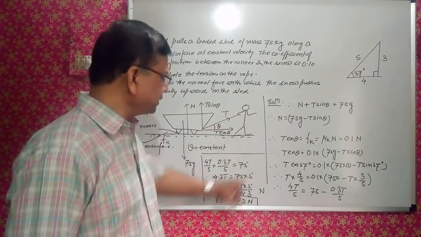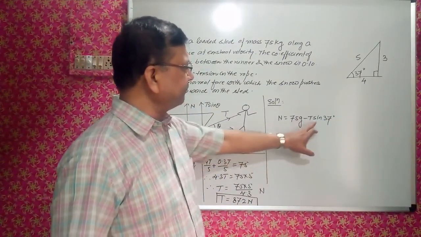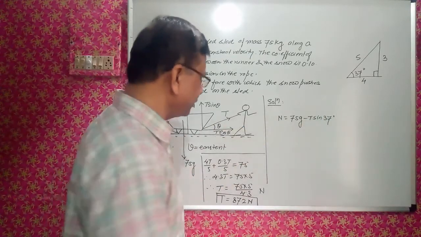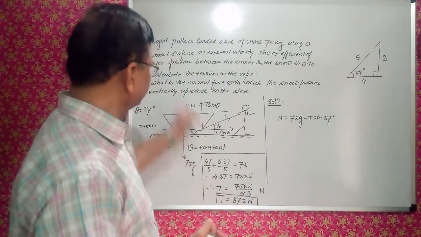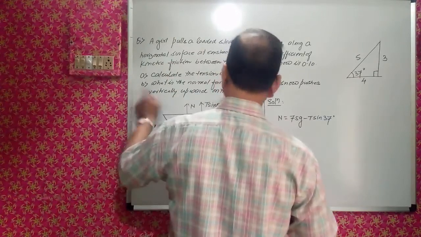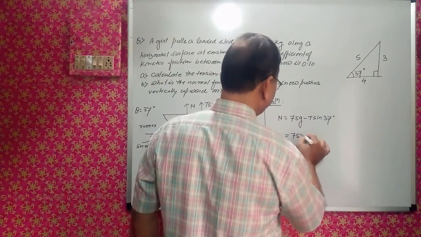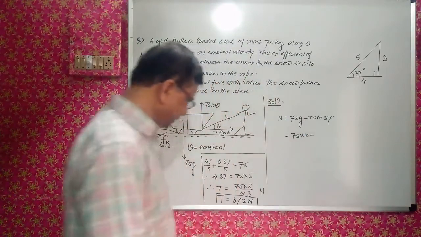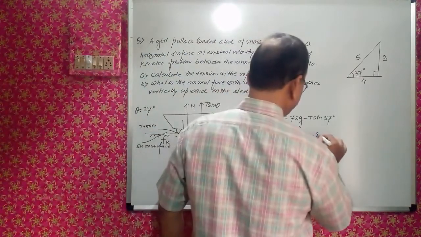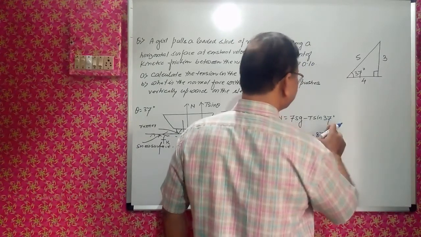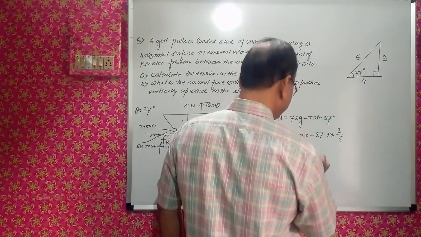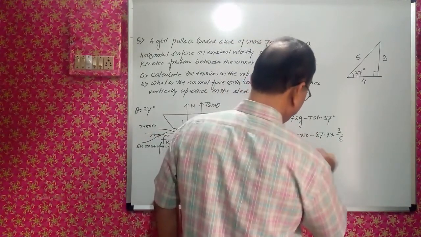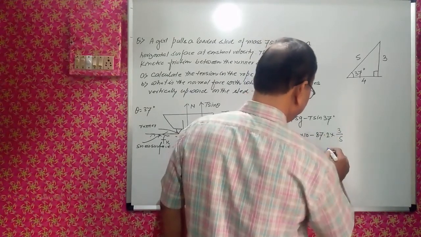So put the value of tension over here, we will get the normal reaction also. Now normal reaction is 75g minus T sin 37 degree. So we will put the value of T and we will get the value of normal reaction. Second case, that is B part. That is equal to 75 into 10 minus 87.2 into sin 37, which is 3 by 5. We will simplify, 750 minus, multiply by 3,